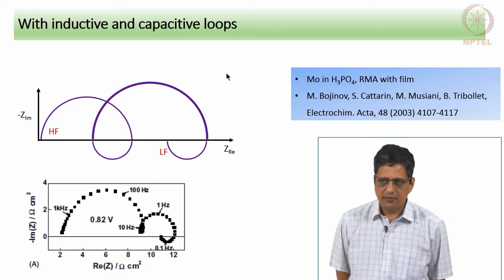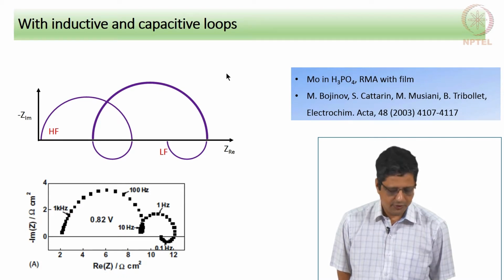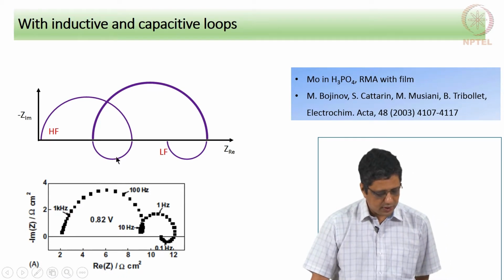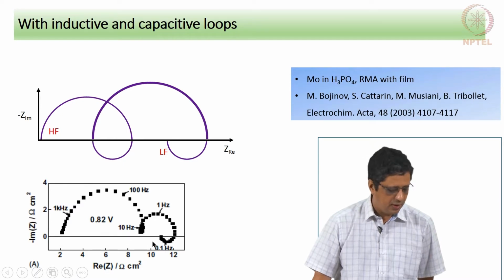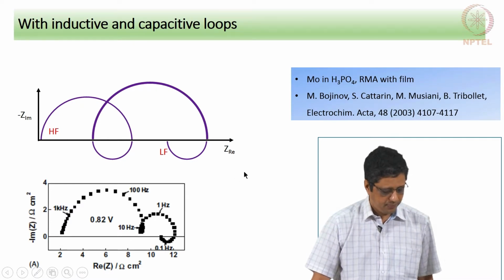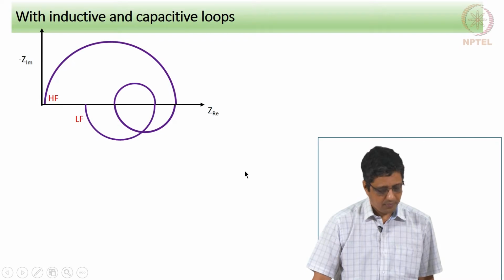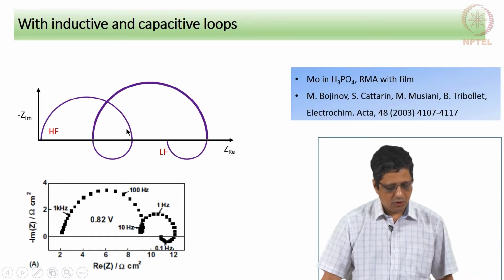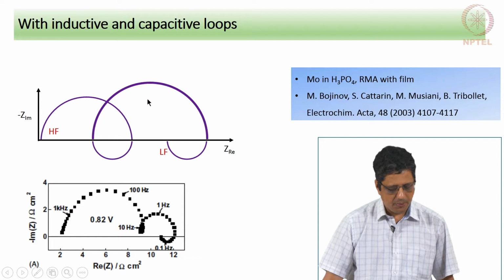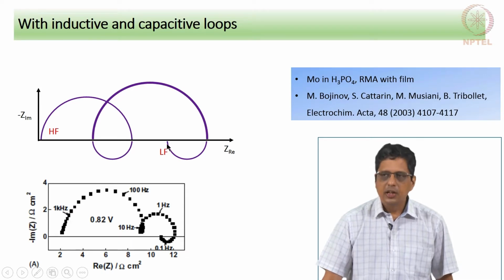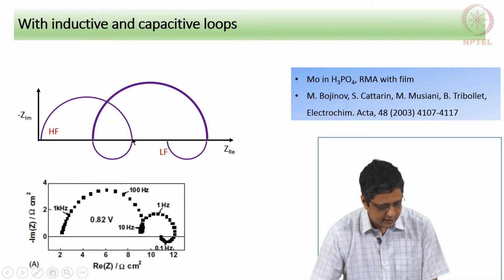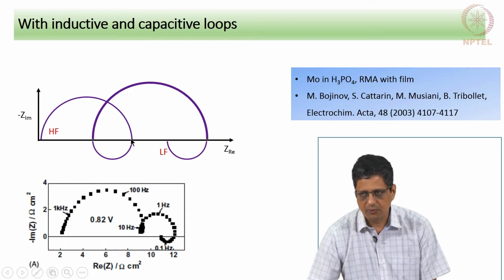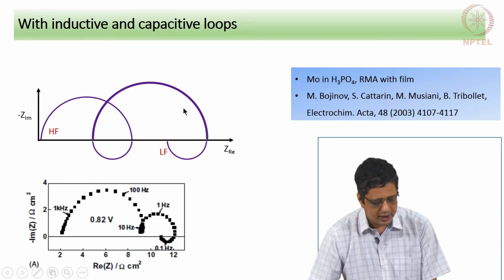Okay. So, it involves mechanistic analysis, but it also involves a film, and this is the actual data, a snapshot of the actual data adapted from that publication. So, previously we showed a capacitive loop, inductive loop, another capacitive loop and inductive loop. If we remember, the charge transfer resistance would be the point here, whatever that value is, and the polarization resistance will be somewhere here. Okay.